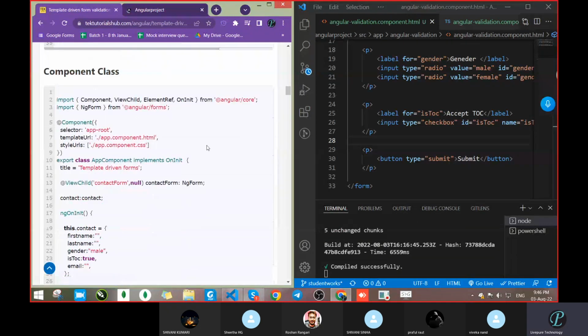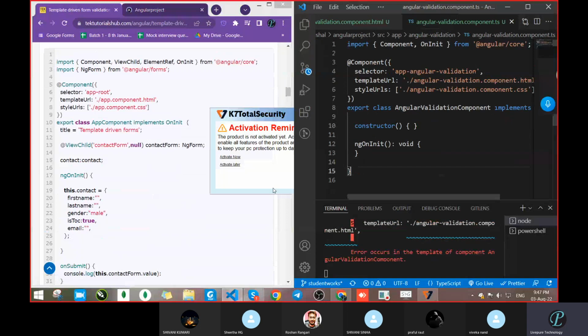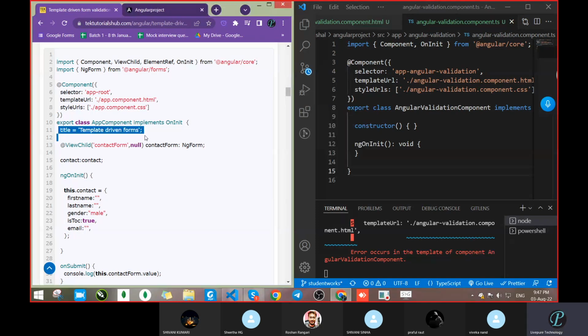Now see, when you are working with real projects and copying the code from Google, how will you paste the code? So in our component, we will copy the code from the starting side, inside the class. Something like ViewChild is there, contactForm null, let it be. We do not want this one. We will take this contact, but anyway, let it be. We will take this onSubmit method,